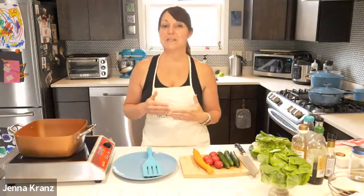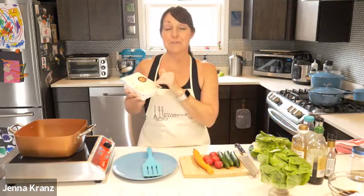The other thing we're going to need to make sure is that we have our protein. I am choosing a lean chicken breast for this, but you can also use something like a firm tofu or